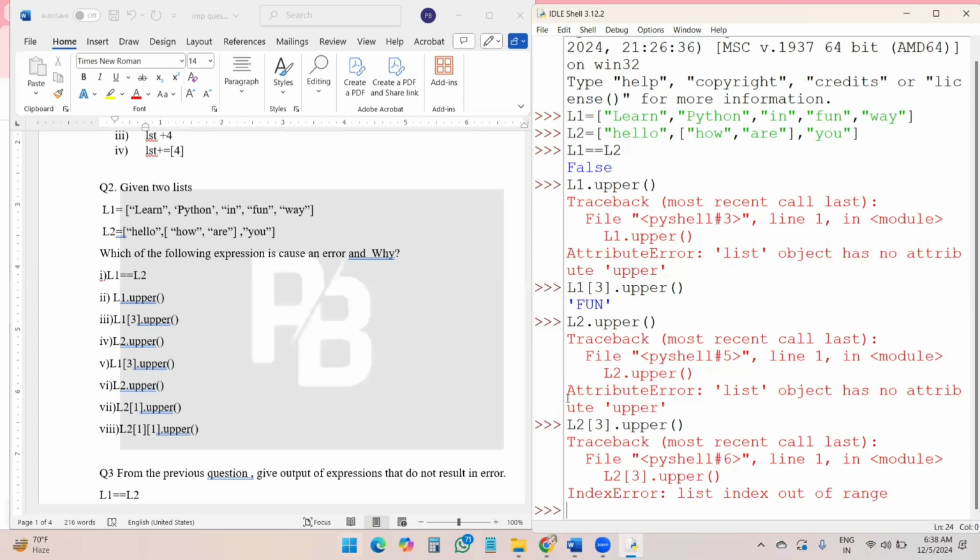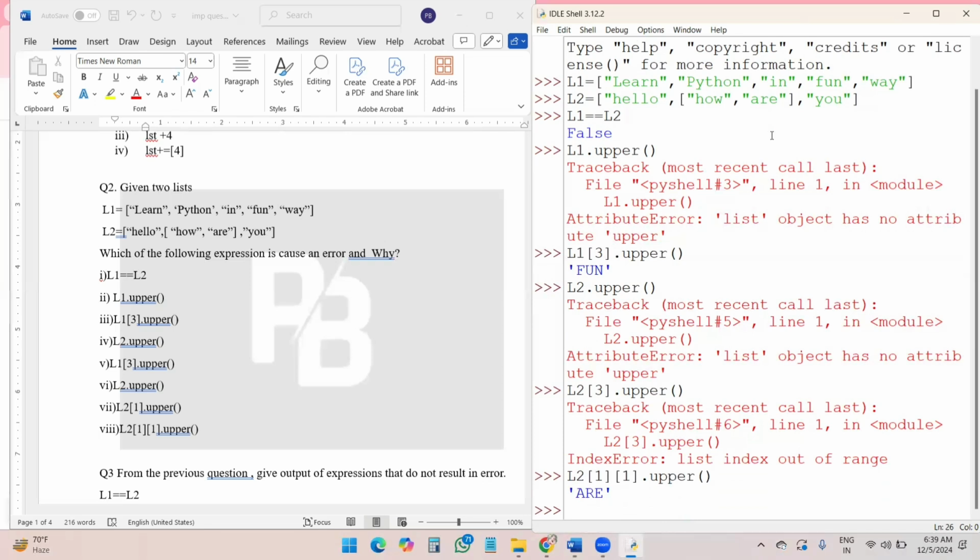Next we are having, students, if I am writing here L2[1][1].upper. So now you can see what is the meaning of this [1][1]. This is the nested list, so this entire thing is index 1. And for this, 0 and 1, so this is [1][1].